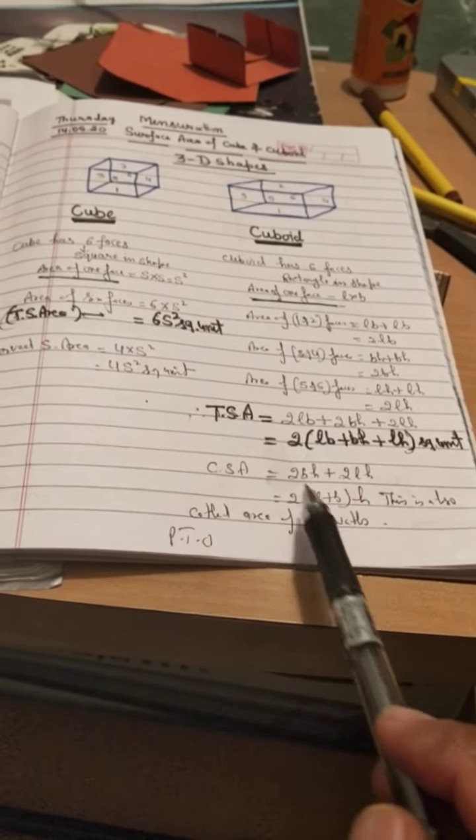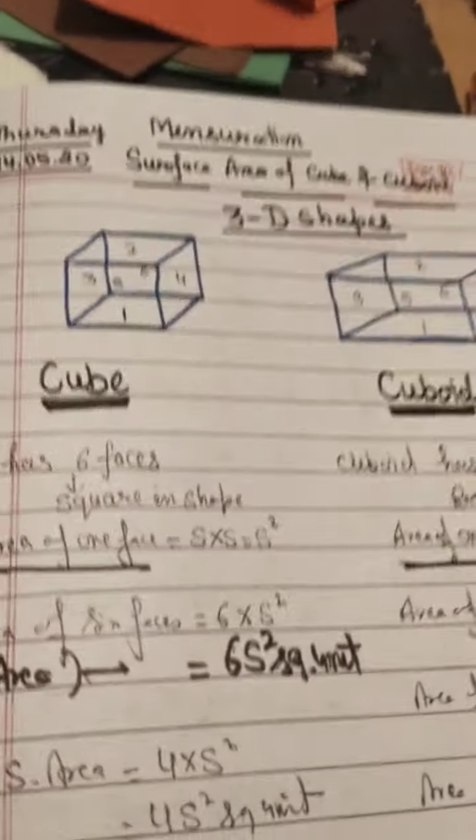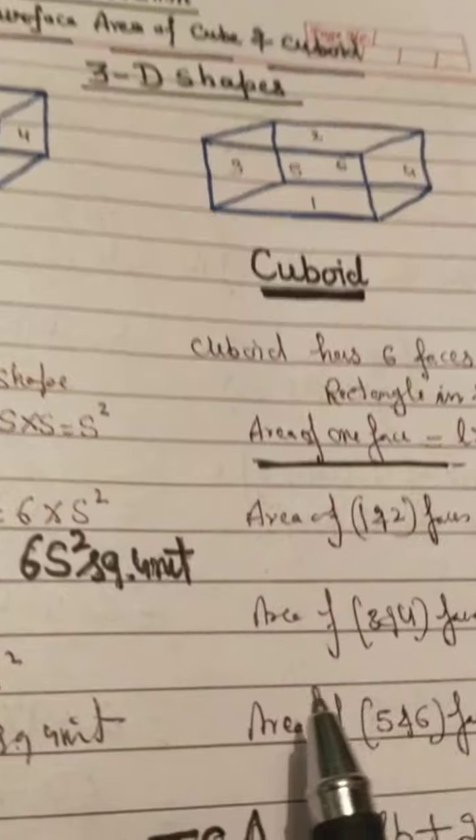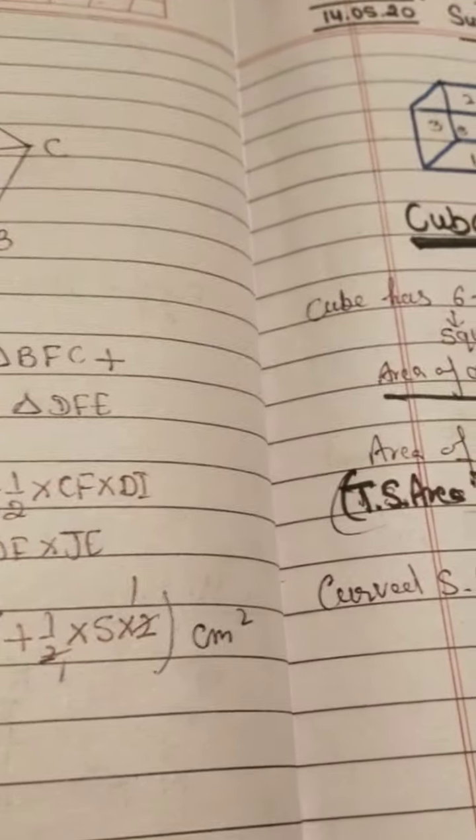Area of 4 walls of a room, or lateral surface area of a room. So use this formula in your questions. Now I go for worksheet 3. Your first question is,